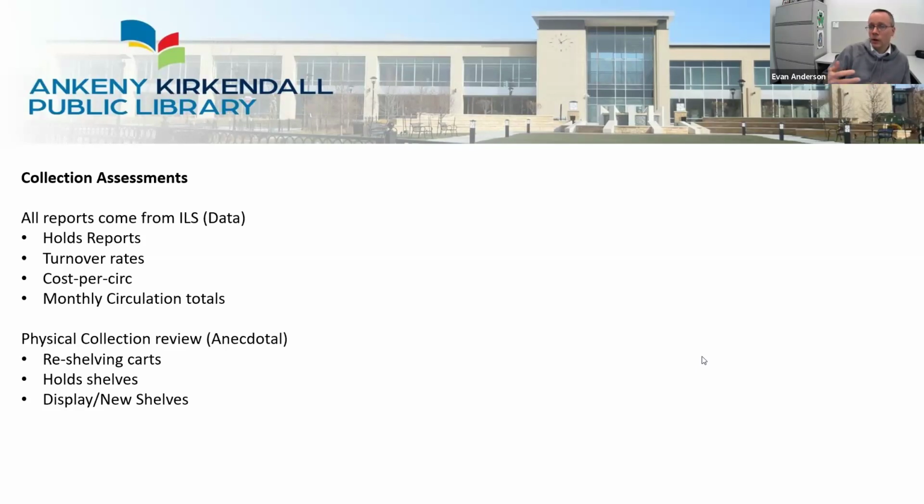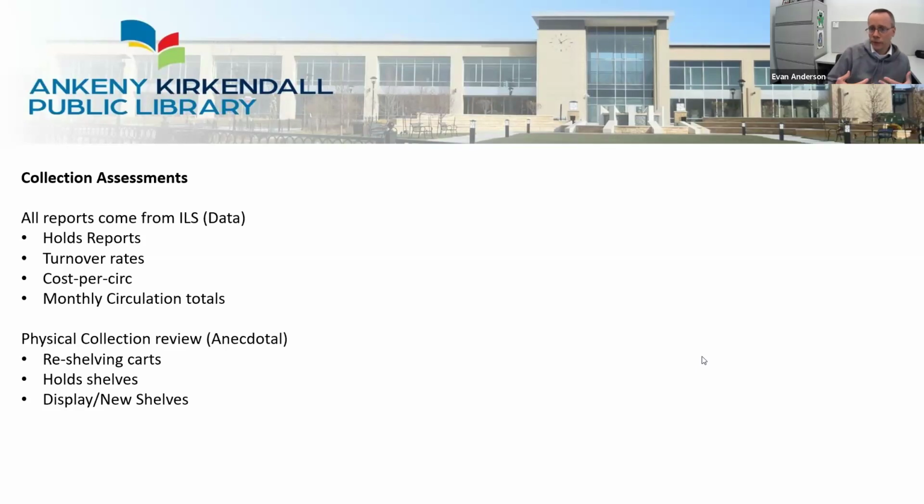So when I'm looking to see how series or new titles or areas are doing, I can look at it and see, okay, this cost per circ is actually significantly higher than the average for that collection. So I'm not getting my bang for my buck. And it can be useful also when making weeding decisions. And then, of course, I just keep track of monthly circulation totals, see what collections or subsections are doing well and what aren't, and try to discern if there's something I need to address.